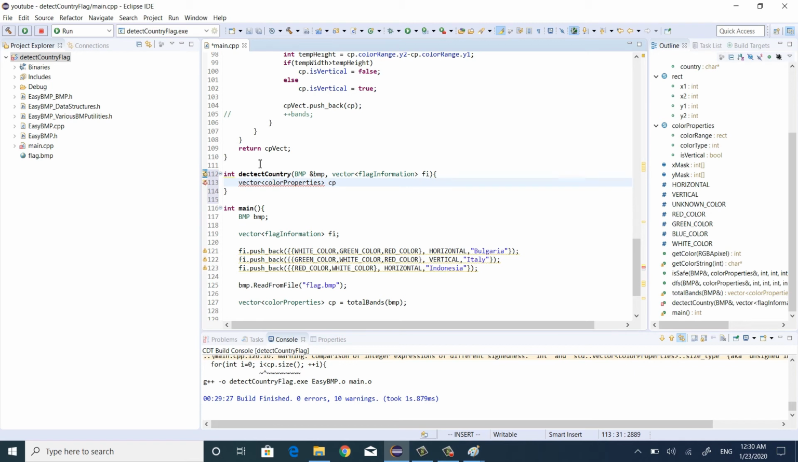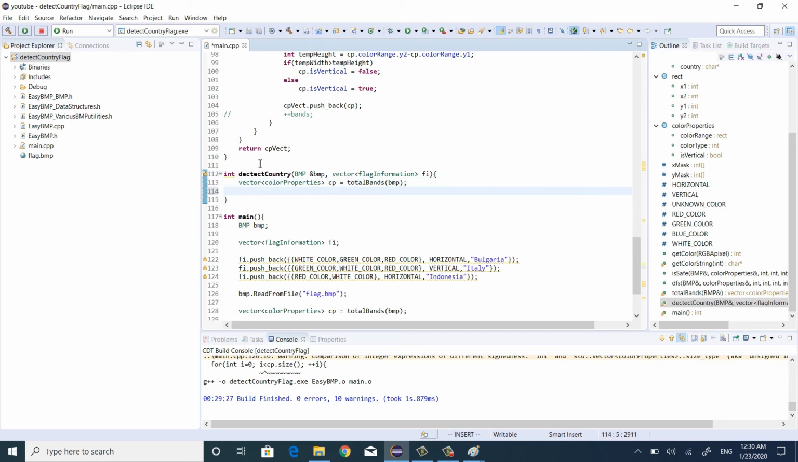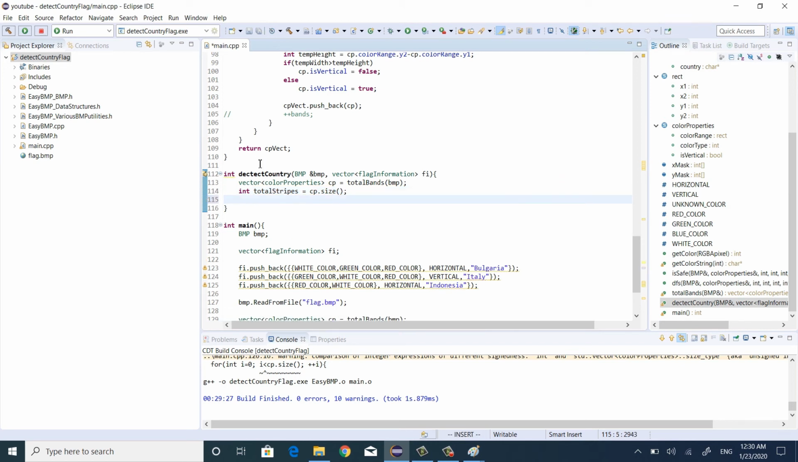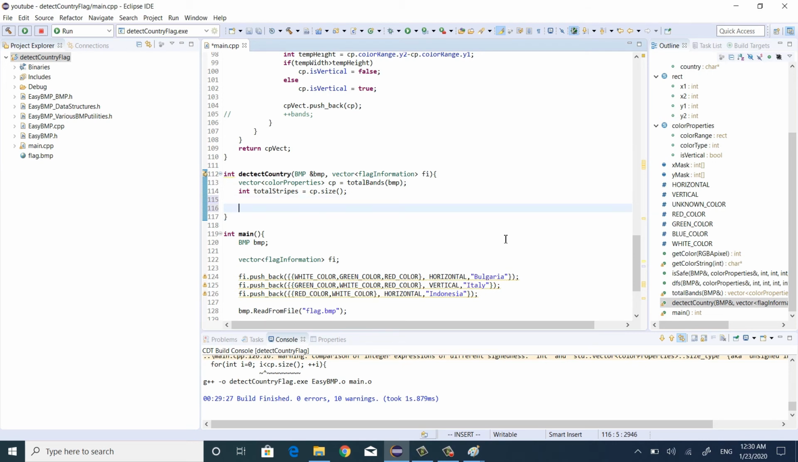Take the total bands, BMP, and what we're going to do is total stripes is CP dot size, I guess. Yeah, so now this one gives the total number of bands, and the size of these color properties would just give us the total number of bands that the color have. And what we're going to do is I equals 0, I less than